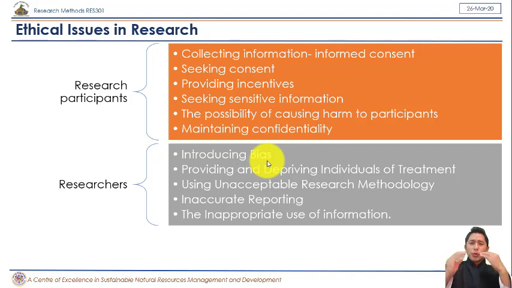You may introduce bias when you are choosing participants, or you're choosing your field, when you're choosing study area, when you're choosing specimens and samples. So please try to be as unbiased as possible, because if your research design starts with random sampling, and when you go to the field, suddenly you pick up convenience sampling and systematic sampling, then that's not going to be good on the part of the research. So please do not have any kind of bias from your side.